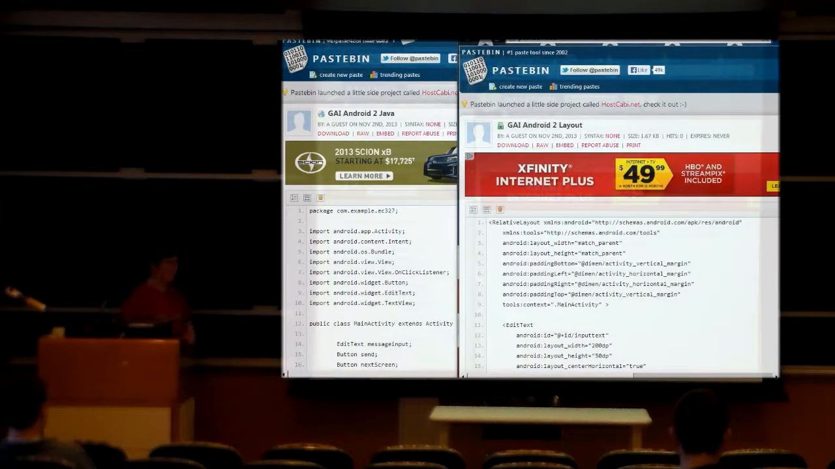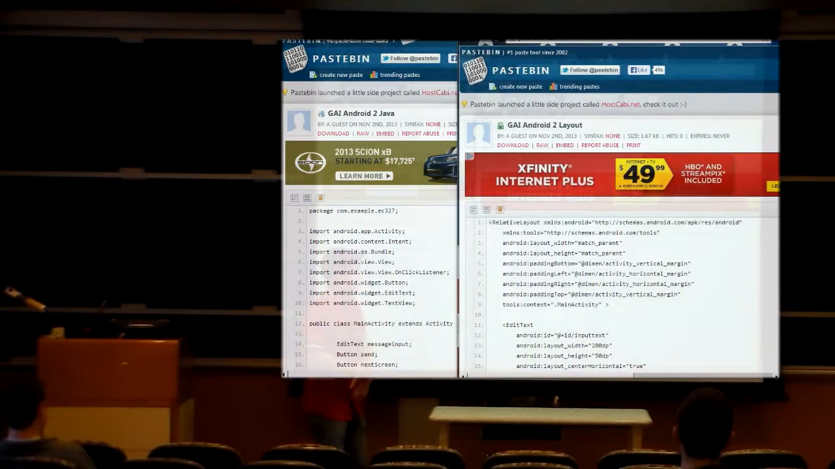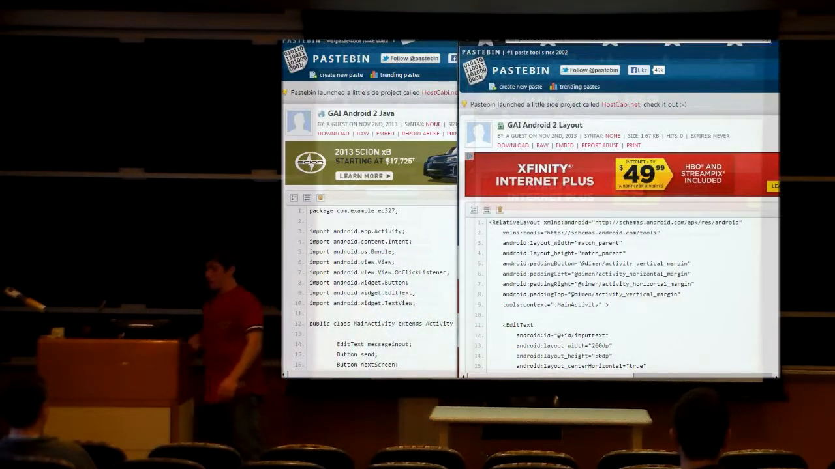Okay, so these are the two pasting files. If you go to that URL, you should be able to get the code. So this is our layout. If you want to go here and copy and paste this whole thing into your .xml file, which you can find in